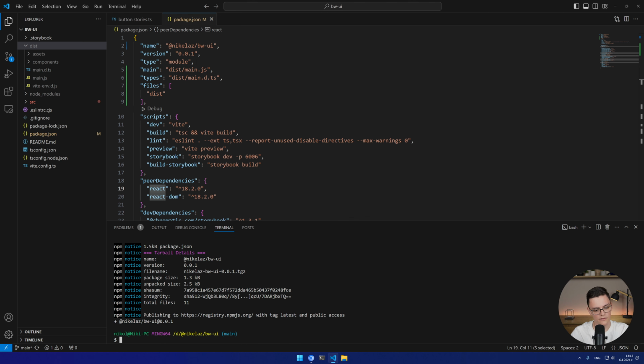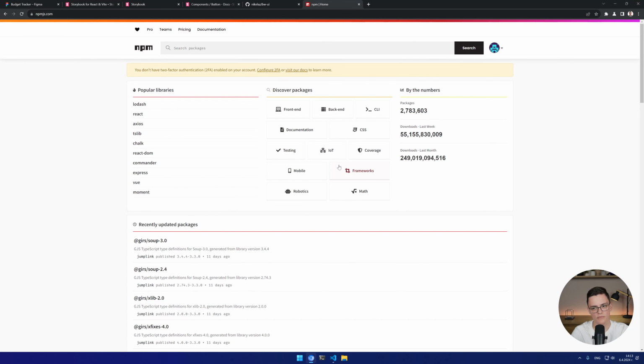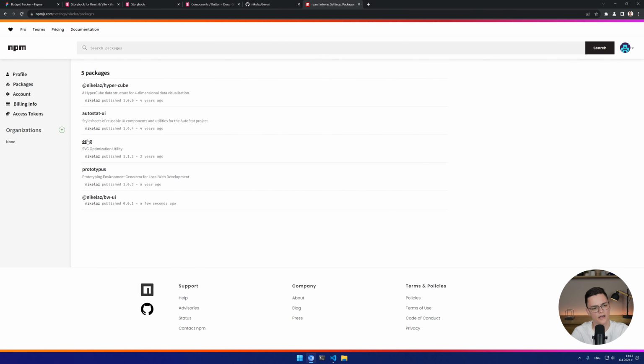And now we should have it in npm. If you haven't logged into npm in your command line, it might prompt you. It will tell you the command. I think it was npm login or authenticate, whatever. It will just redirect you to npmjs.com to log in. And if I go to npmjs.com now and packages, I should have, yeah, BWUI pushed a few seconds ago, which